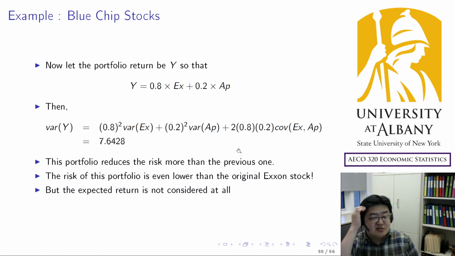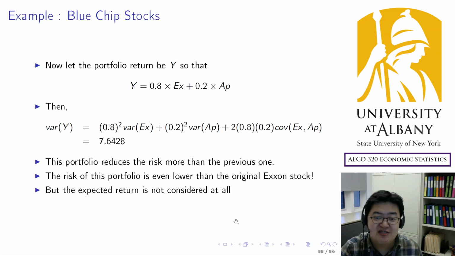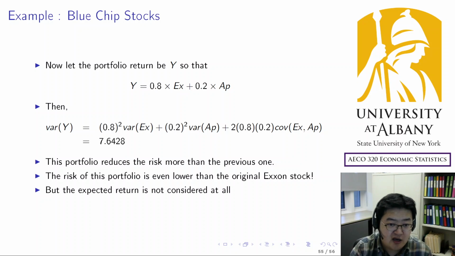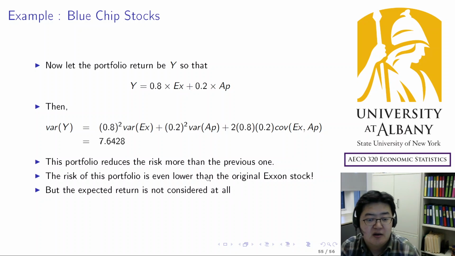By the way, this is a super simplification. The real financial portfolio theory is more complicated because you have to additionally consider expected return. I only considered the variance because of its application in statistics. But in real finance, of course, it should be more complicated, and you have to mix more stocks, and there are more things going on. But with just a simple numerical example, we can show that making a portfolio can be strictly better off than the original